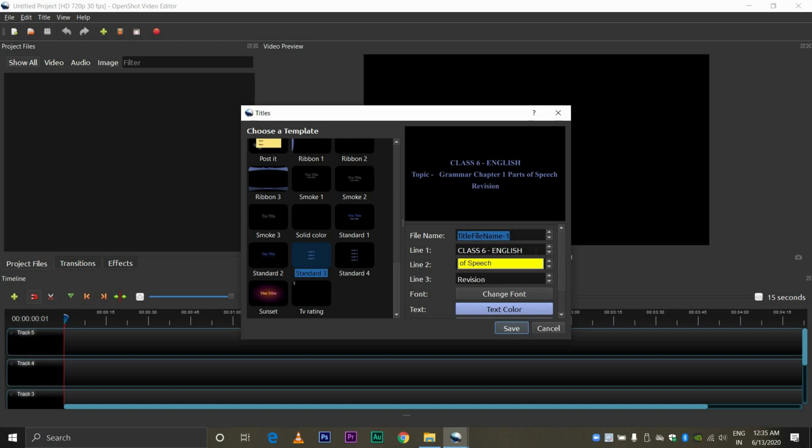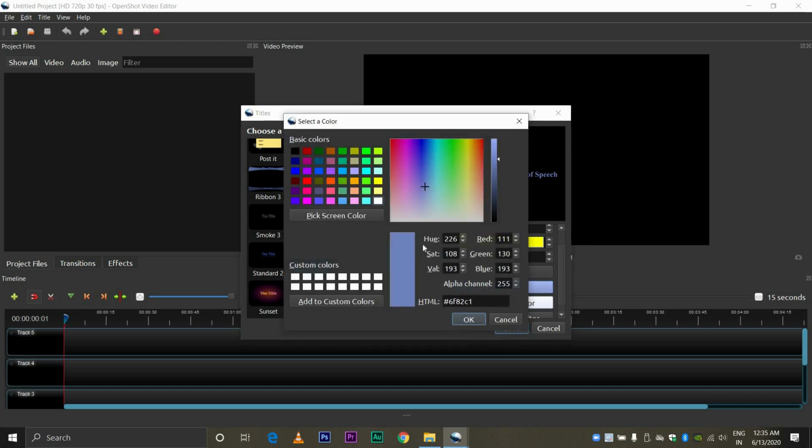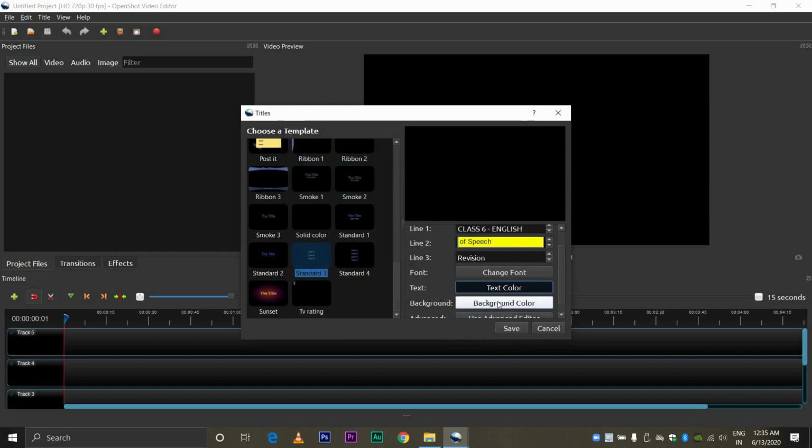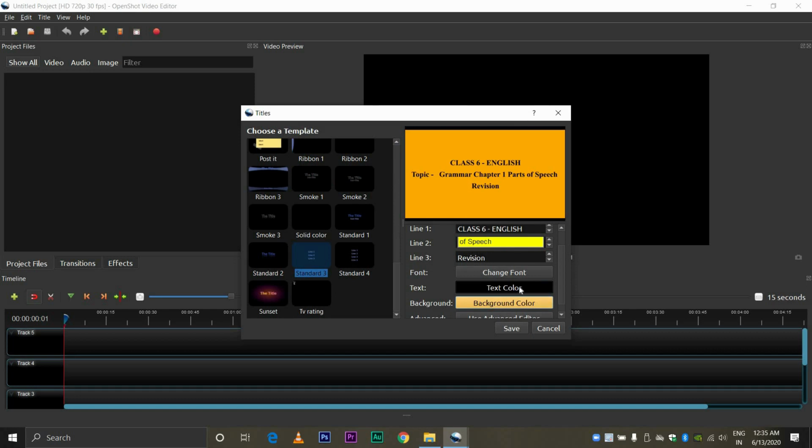Yes. So once this is done, I can go ahead and change the text color if I want. Maybe I'll give here a text color. I'll just give a background. I'll give a black color to the text. And yeah, the text is actually black and the background is black, so you won't be able to distinguish between them. And I'll give a light orange as the background. This looks good. Now I just have to click save.